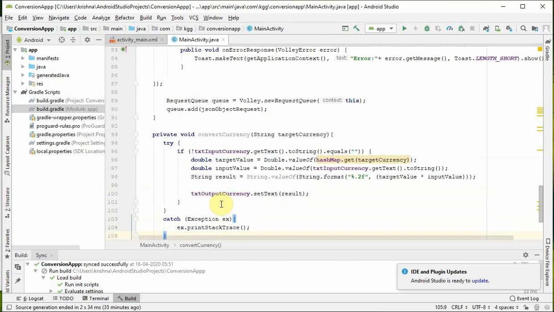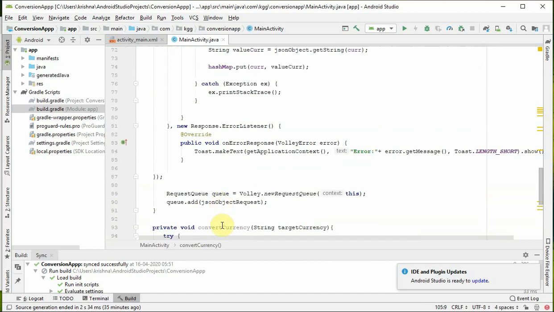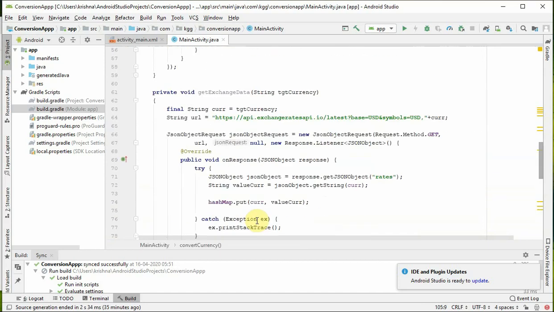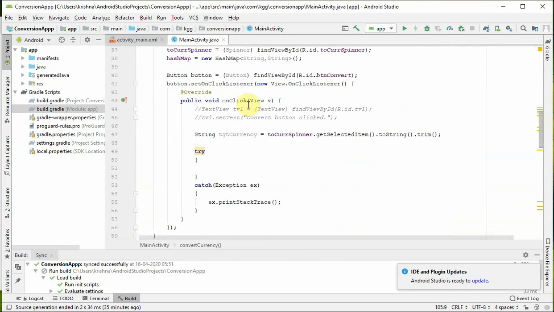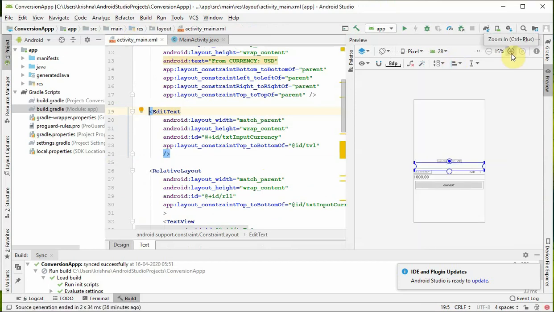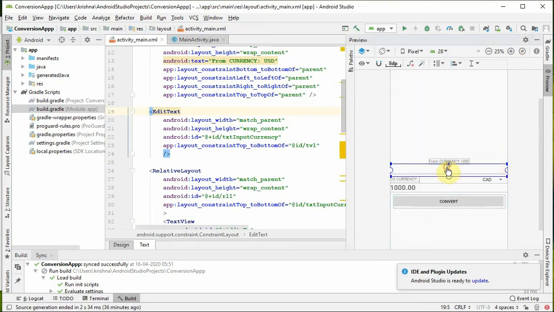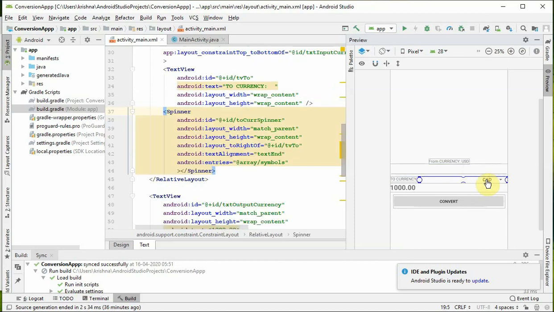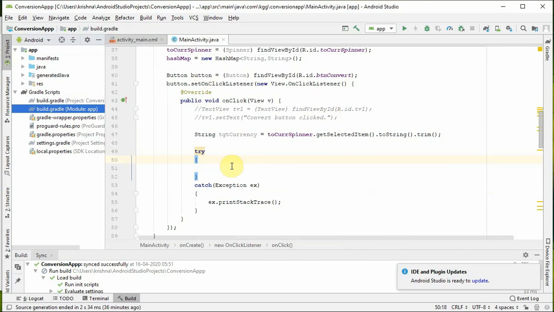So we already have these two functions, get exchange data and convert currency. In this button click we are going to pass this data. We will feed the data here, how much we want to convert and from which currency we want to convert to USD. We'll feed the data, select the spinner control and hit the convert button. So it will bring us here,